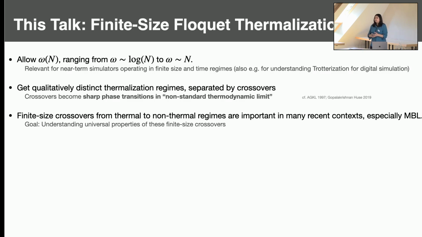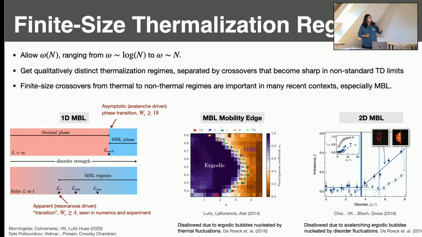We heard about some of that from Victor's talk. And likewise, you could get different universal properties that are not derived from a phase transition, but are nevertheless useful in thinking about a wide range of problems, okay? And I just want to expand on this motivation a little bit by talking about some recent work on MBL,